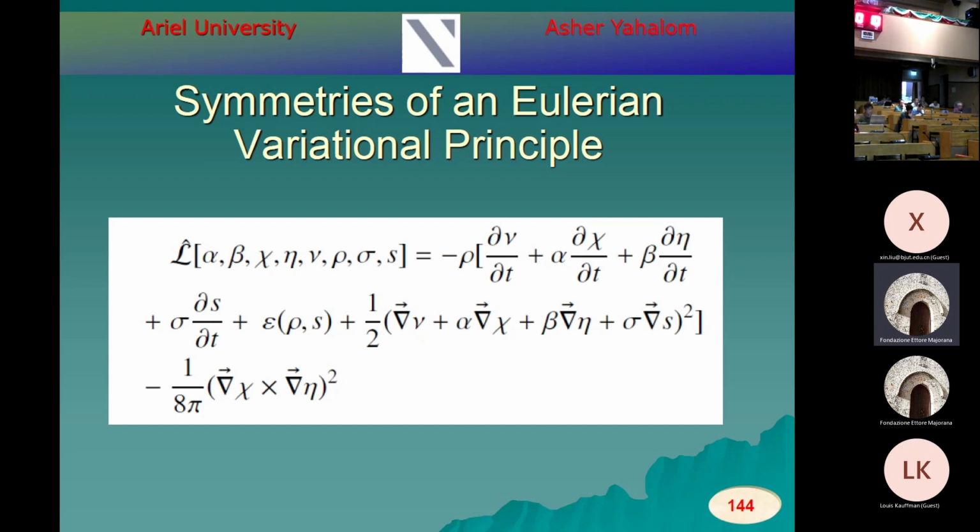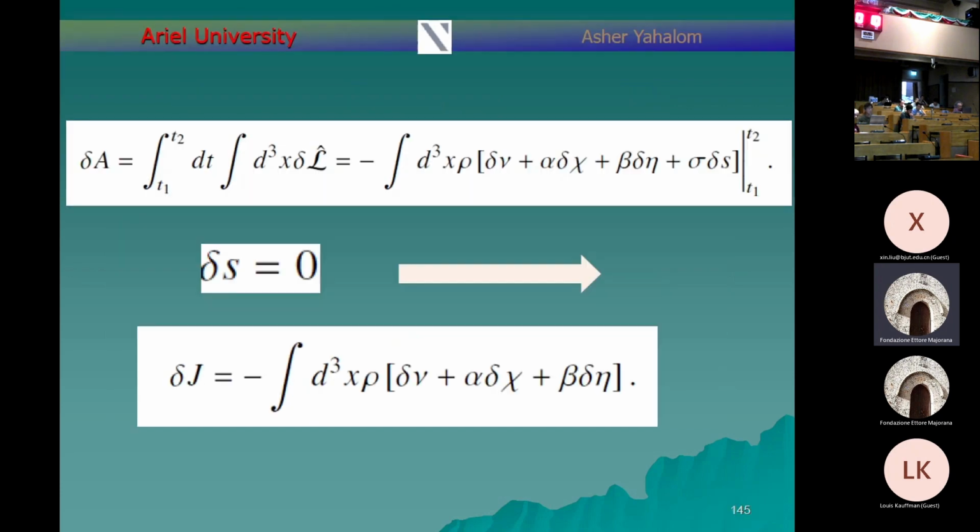The reason is not fundamental, because you can have Noether currents, as I will show in a second, also in Eulerian variational principles, but the symmetries are much less obvious. And so this is what we got for the Eulerian variational principle, and this is the Noether current which is